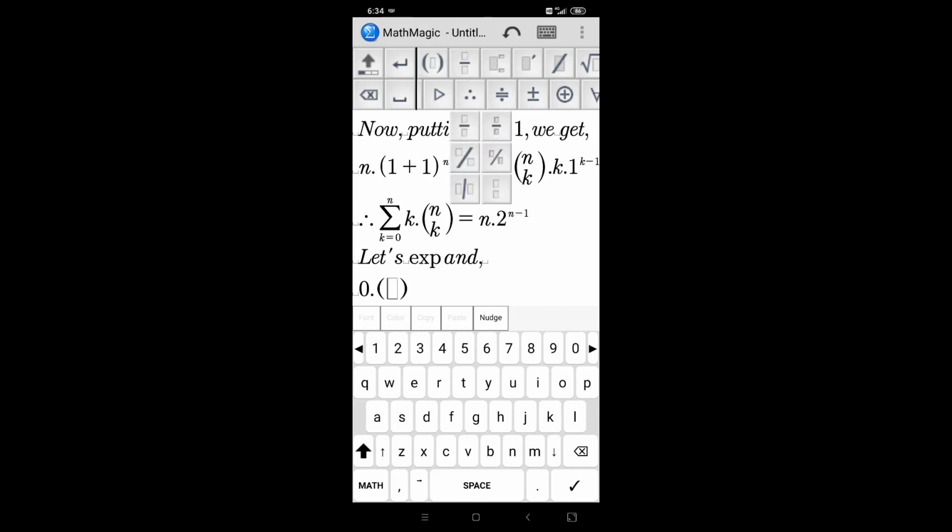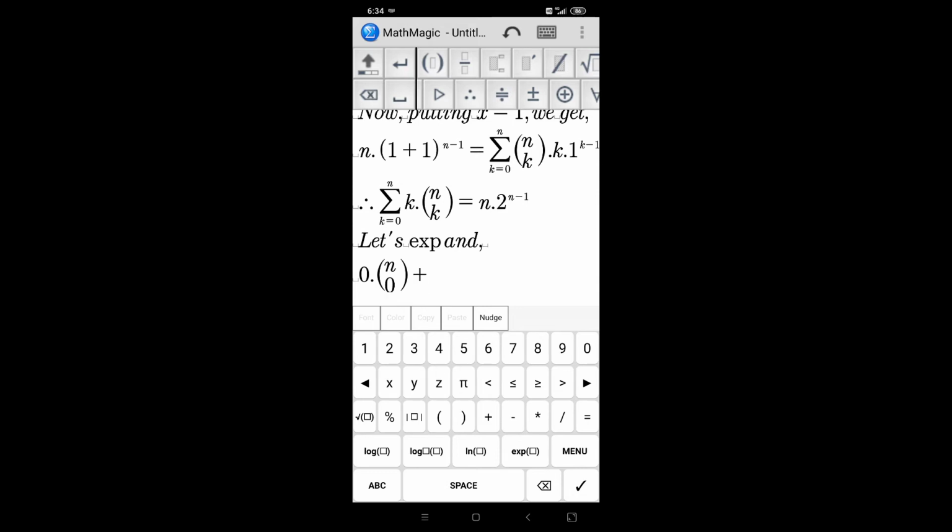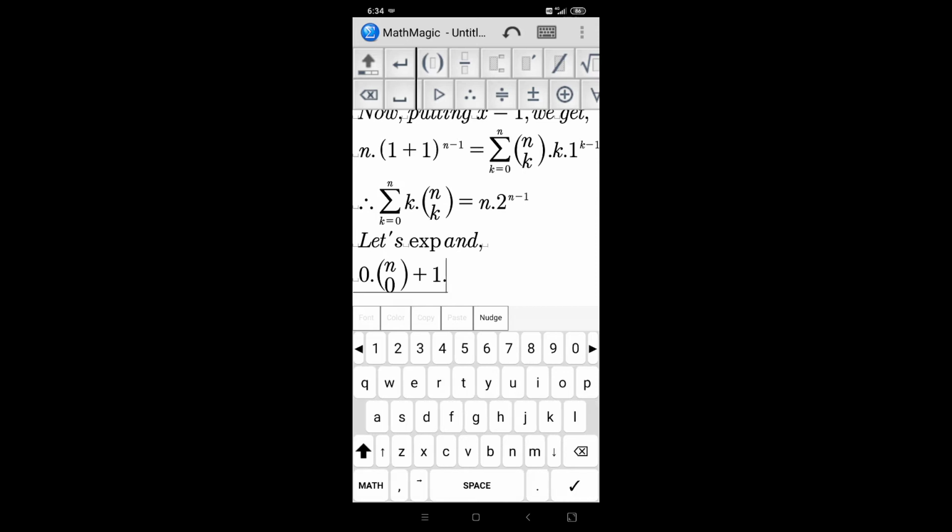Since the sum is starting from k equal to 0, 0 into n combination 0 plus 1 into n combination 1